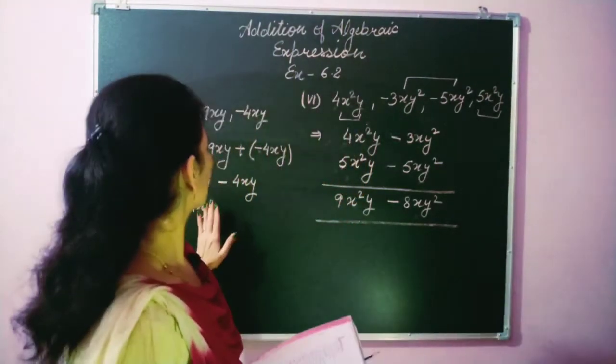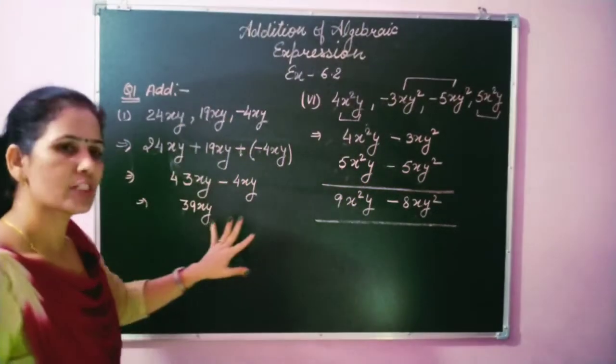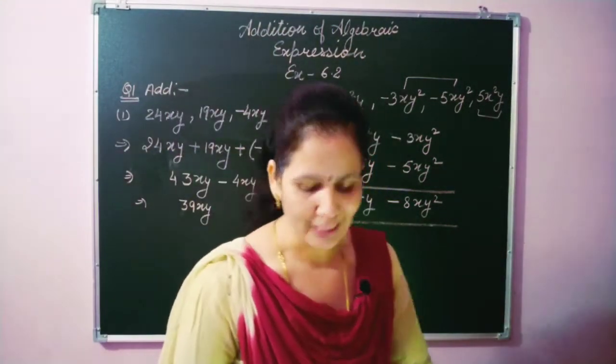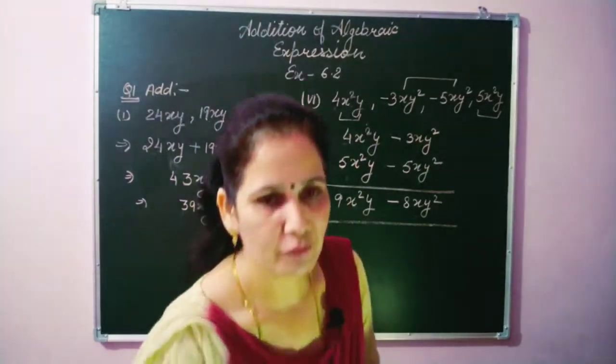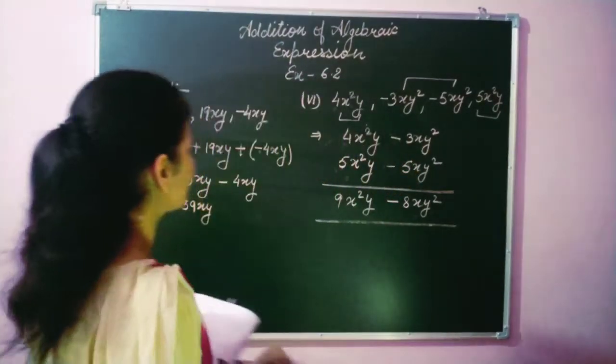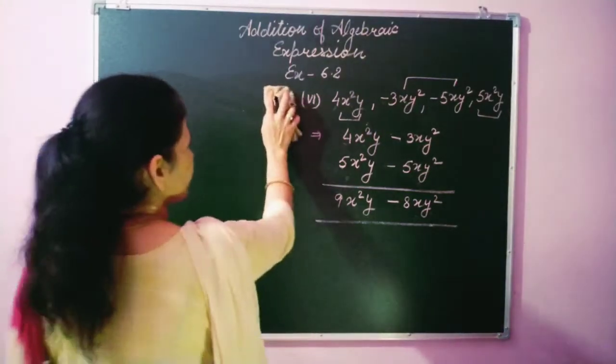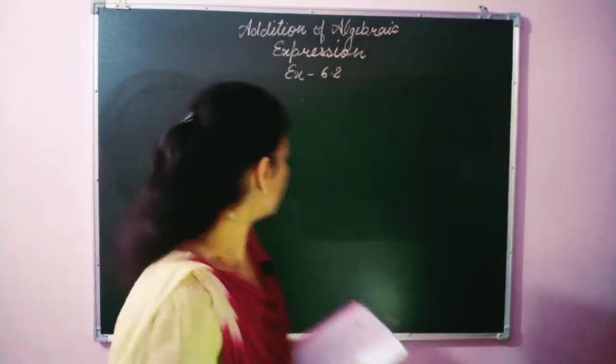And the rest part of question number 1 is like first part only, because they have given all the parts same as a like term. So that part, students, for your practice, you have to do by yourself. Let's move to the second question. Second question also is based on addition only. Question number 2, also add the following.